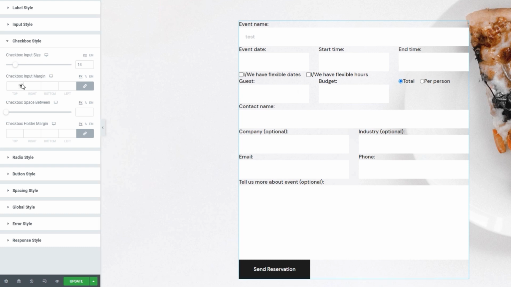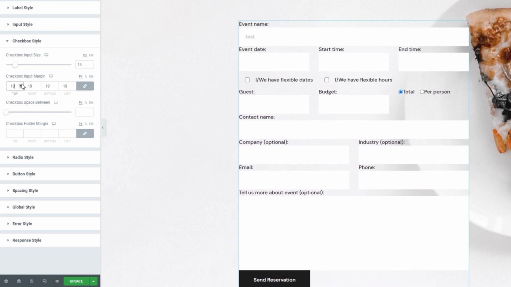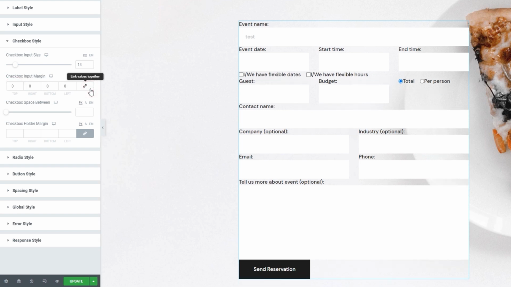When I increase this, the space around the checkbox grows. And all this free space here is the margin I just added. So you can increase all sides evenly, or you can click here, which will delink the field, so you can input different values for each side of the checkbox. For my part, I'll just add 50 pixels on the right, so that the checkbox and its label are separated